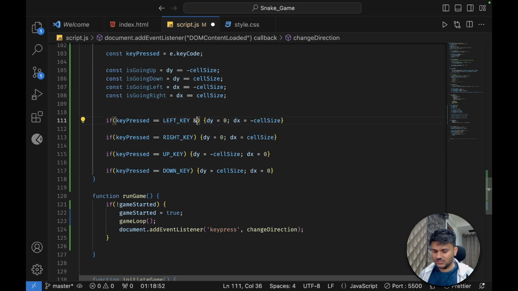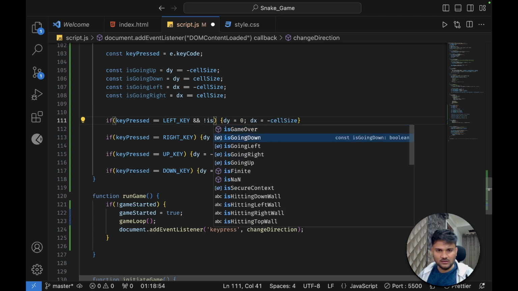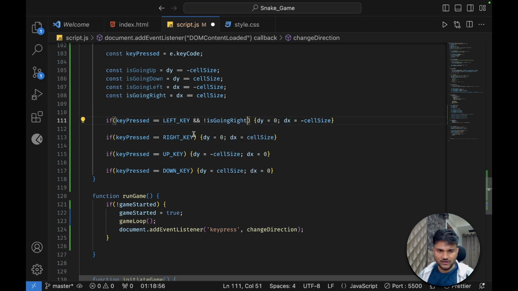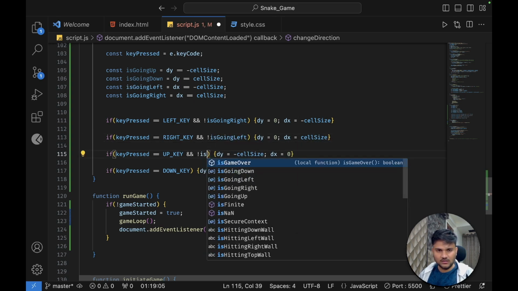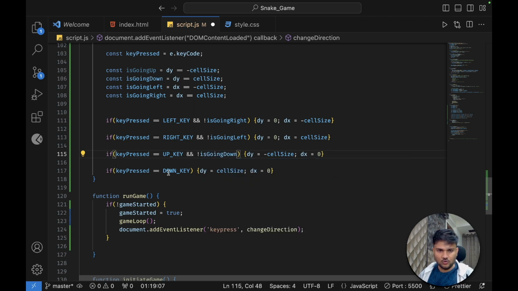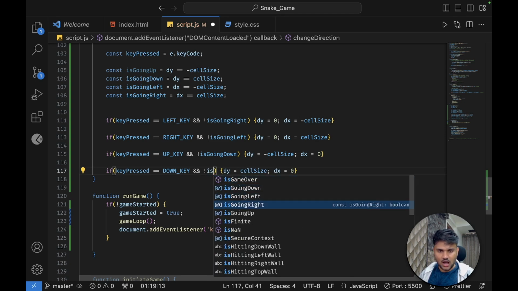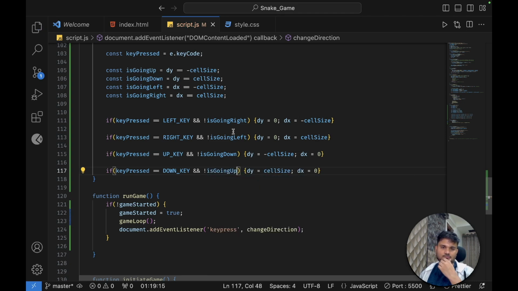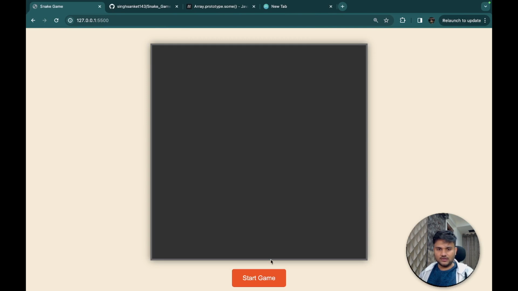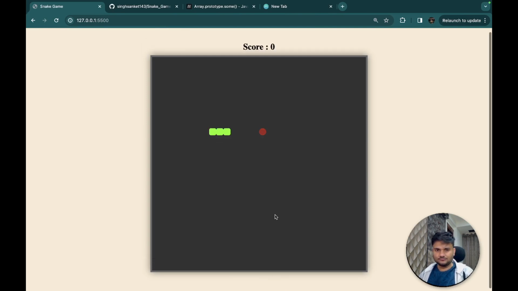And here we should put a check that we should not be going right, then we can go left. We should not be going left, then we can go right. And we should not be going down, then we can go up. And we should not be going up if we want to go down. And that's it. So technically, if now I run the game,